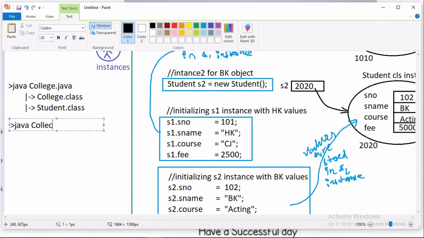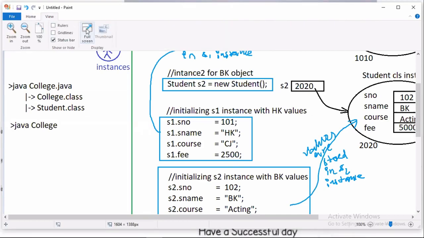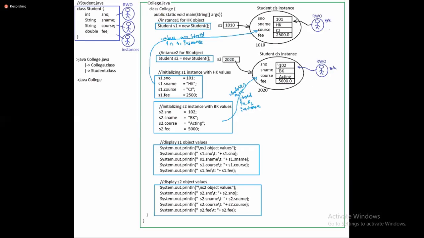Then you'll get the first object, second object, values, and background memory diagrams are created and everything is done. You cannot see the background memory creation, but you must visualize it. And finally, the output will be displayed on the console.